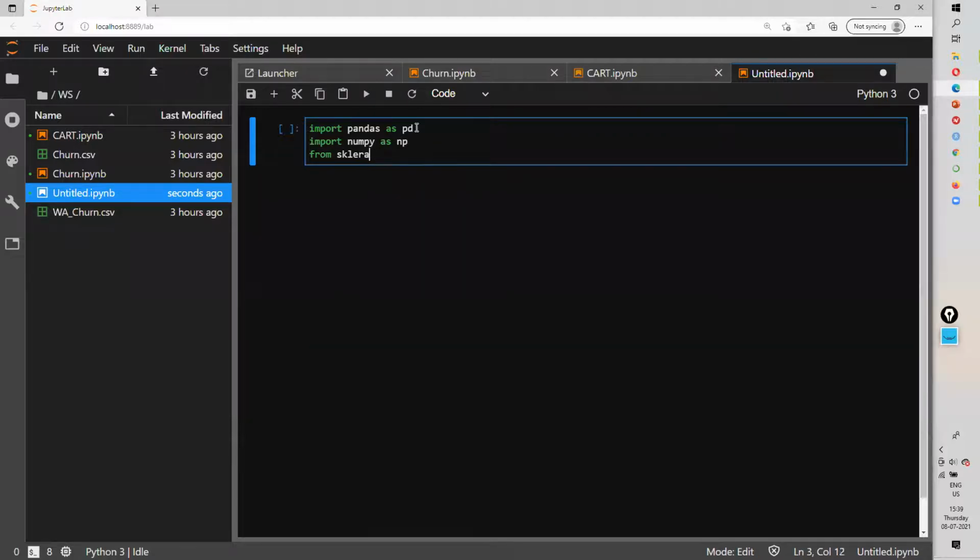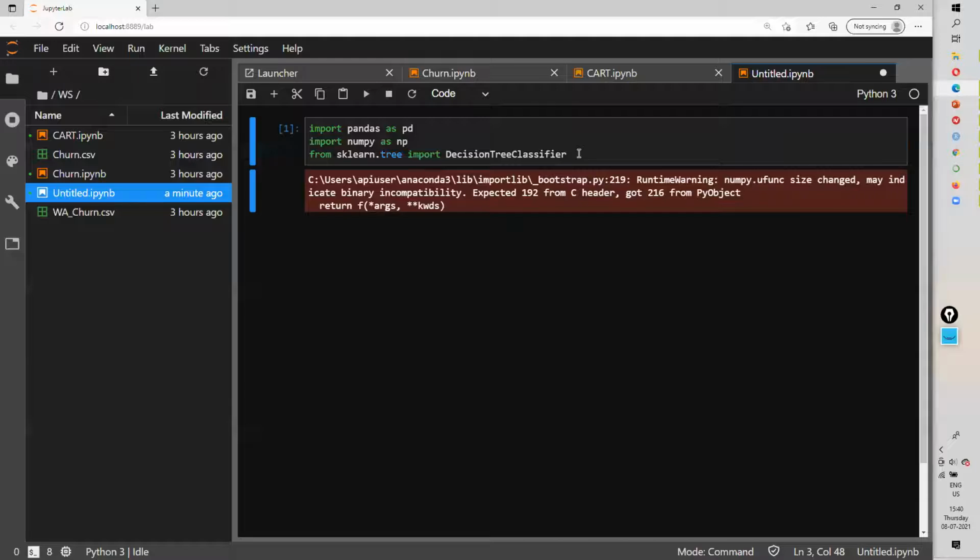Unfortunately, due to time concerns, I would not be able to explain all these steps. So sklearn is a package that's available. From sklearn.tree, import DecisionTreeClassifier. It clearly says decision tree classifier. That means we are going to use a decision tree to build a classification model, right? So that's what we are going to do here.